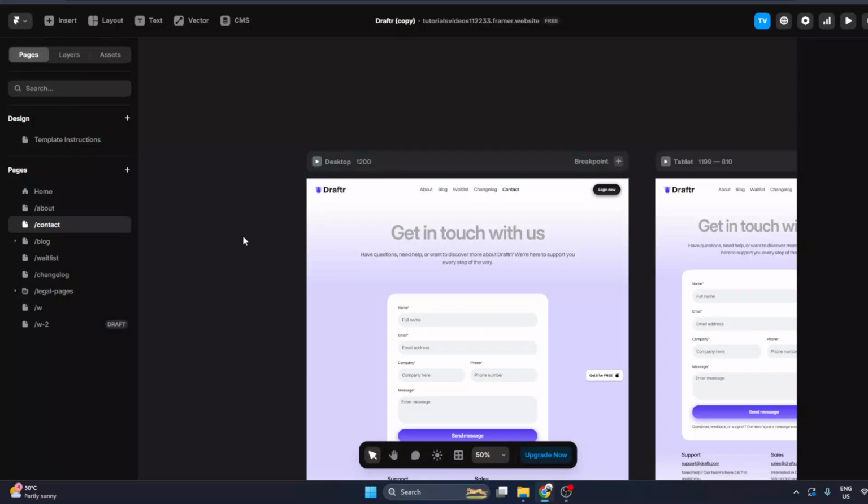In today's video, I'm going to teach you how to link pages in Framer. Linking pages is one of the most essential things you'll do when building a website or prototype in Framer. It's what turns a collection of separate designs into a smooth, clickable experience. In this walkthrough, I'll guide you step by step, so even if you're new to Framer, you'll be able to